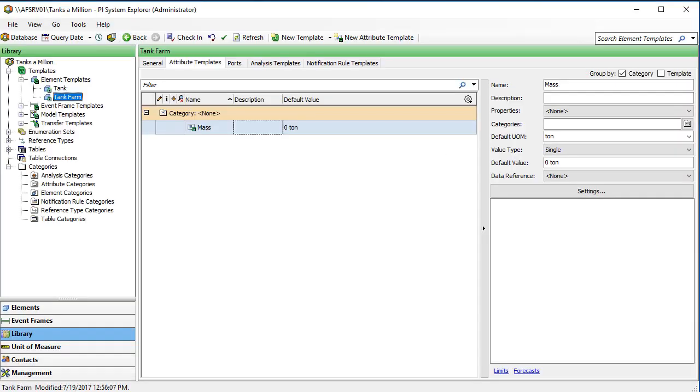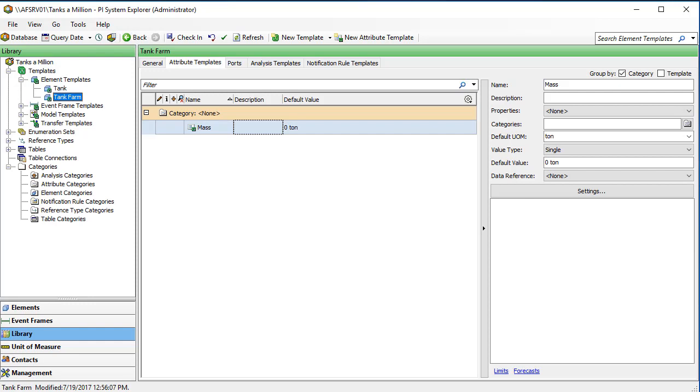We last left off in the middle of configuring the tank farm mass attribute template, where Brandon posed a very interesting question. Where does this data come from? In prior years, this course used the Rollup custom data reference because when the course was originally created, we did not have an official offering, and that includes the Rollup data reference itself. Well, nowadays we do have an official offering, specifically Asset Analytics, and you're going to find it fits the bill quite nicely for what we're trying to accomplish.